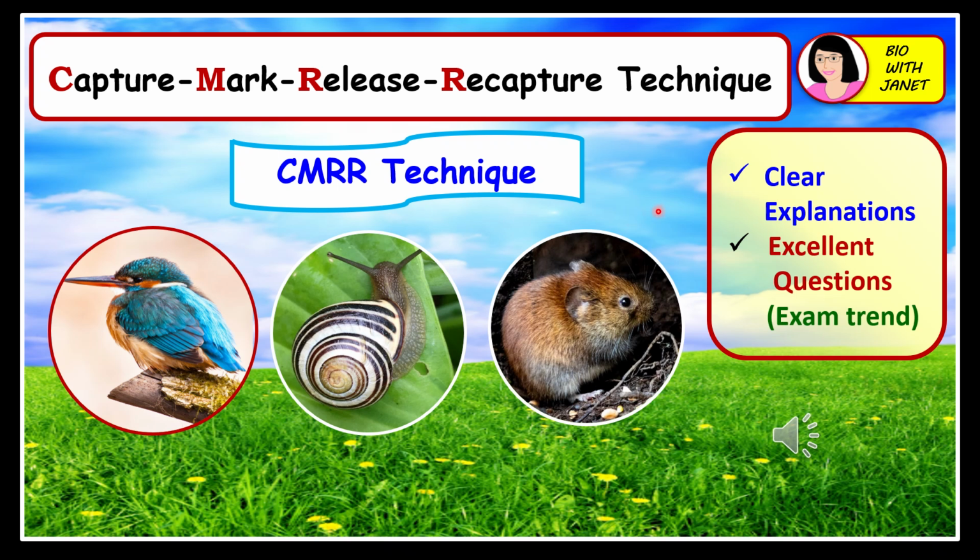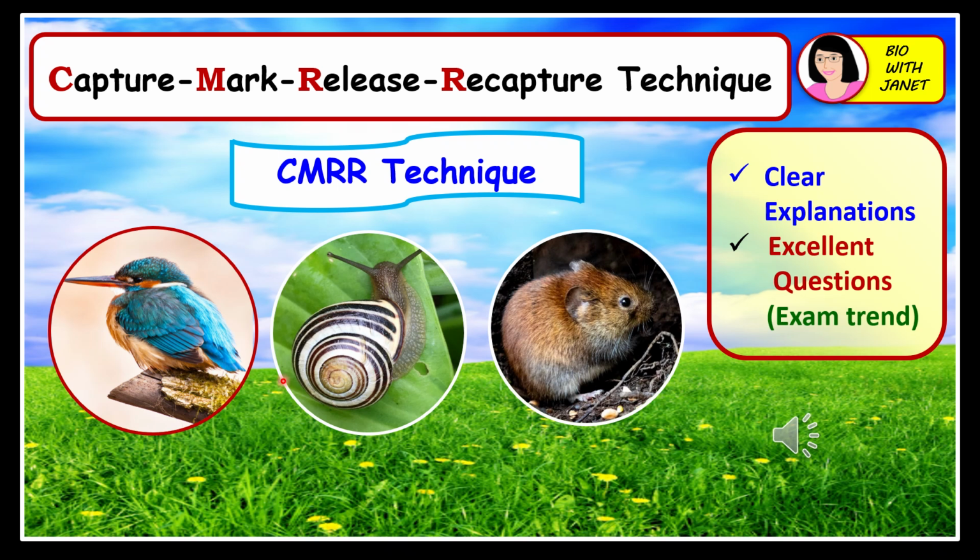In this video, we'll discuss another technique to estimate the population size of organisms, other than the quadrant sampling technique. Now this technique is called the Capture, Mark, Release, Recapture technique. In short, it's the CMRR technique, right? It's used to estimate the population size of organisms, especially animals that can move freely in the area of